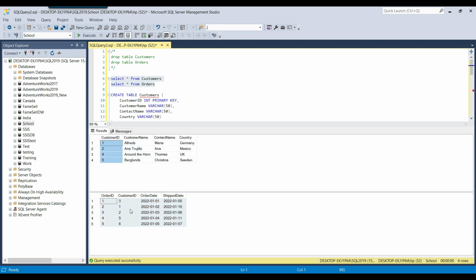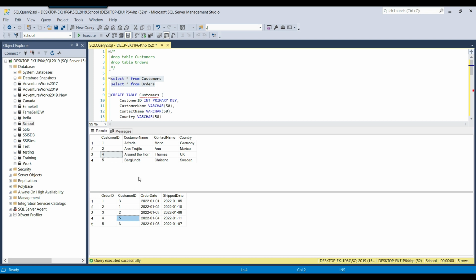There is a customer ID which is a common column between both tables, so we can do a join on the customer ID, and then we can select the data. I already discussed the inner join and the left join in previous videos. In the inner join, it selects only the matching records from both tables. Whatever customer ID is present in both tables, only those records will be selected. In the left join, it selects all the records from the left table and only the matching records from the right table. For example, 1, 2, 4, 5 is matching here, so 1, 2 and 5 will be selected in case of the left join.